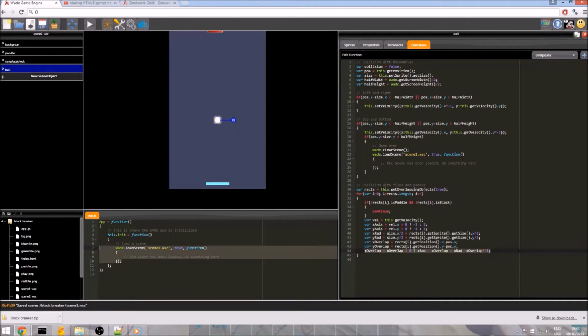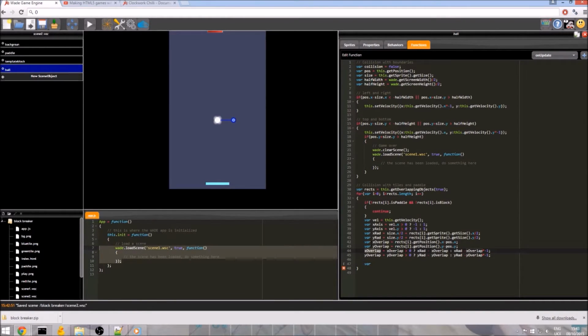Now I know this looks like just a load of maths, which it basically is. Unfortunately, collision is one of the harder things you can do. It's not the most simple, which is why I figured most of this out beforehand, because if I did it straight away, I would probably make a lot of mistakes and there'd be a lot of misunderstanding. It'd be very hard to figure out what was actually going on. So anyway, we've got this ridiculous list almost of properties. I mean, look at that, it's quite complicated. But all you need to know is this is the overlap between the two objects.